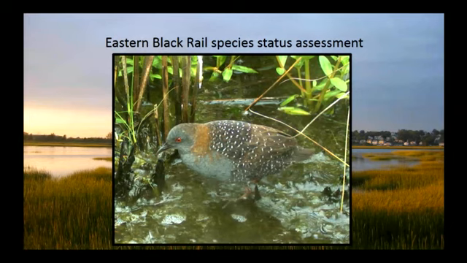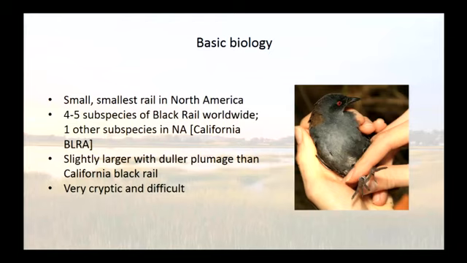So I wanted to switch gears a little bit and talk about this other species that I just completed the project on. And they just released the decision on this species in September. It's the eastern black rail. And this one was a little more challenging, but it's also a little bit more of a complete story because we go from the data acquisition. We actually had to bring in data from the states, figure out how to analyze those data, and then how to build a model based on those data that we analyzed to try to predict the future. So I think it's a little bit neater of a complete story, but it's newer, so maybe I won't tell it as well.